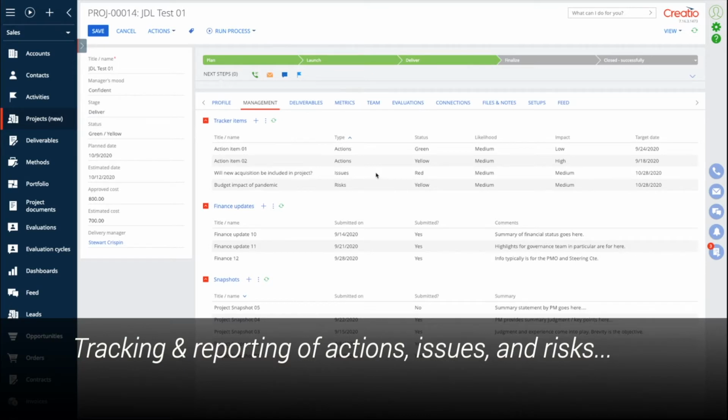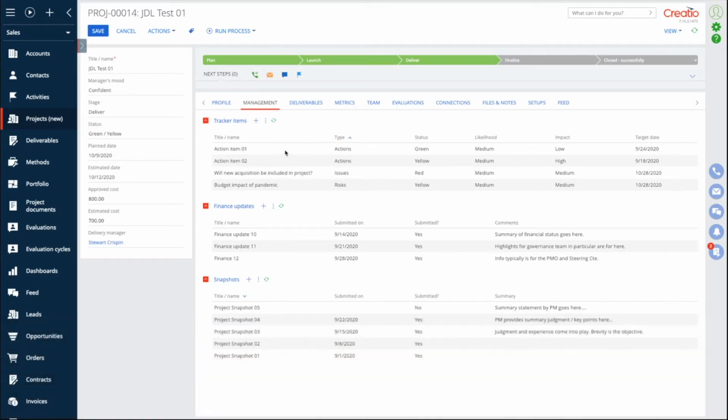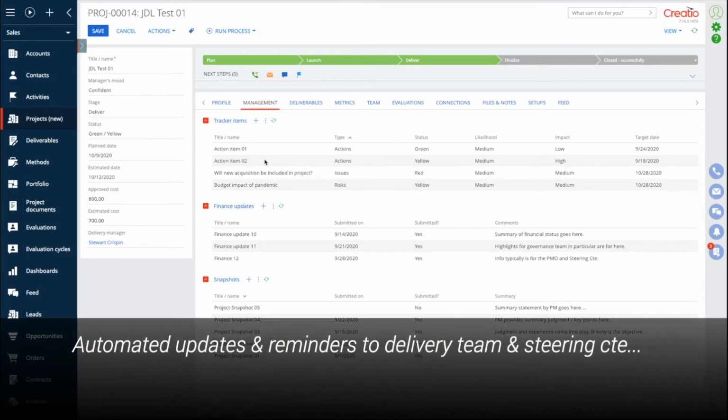I will not go into great detail here, but I want to emphasize that the tracker items are basic reporting that the PM is responsible for collecting, analyzing, and distributing on a cadence that might, again, be weekly, bi-weekly, monthly, whatever is appropriate for the project. The tracker items might be classic action items.